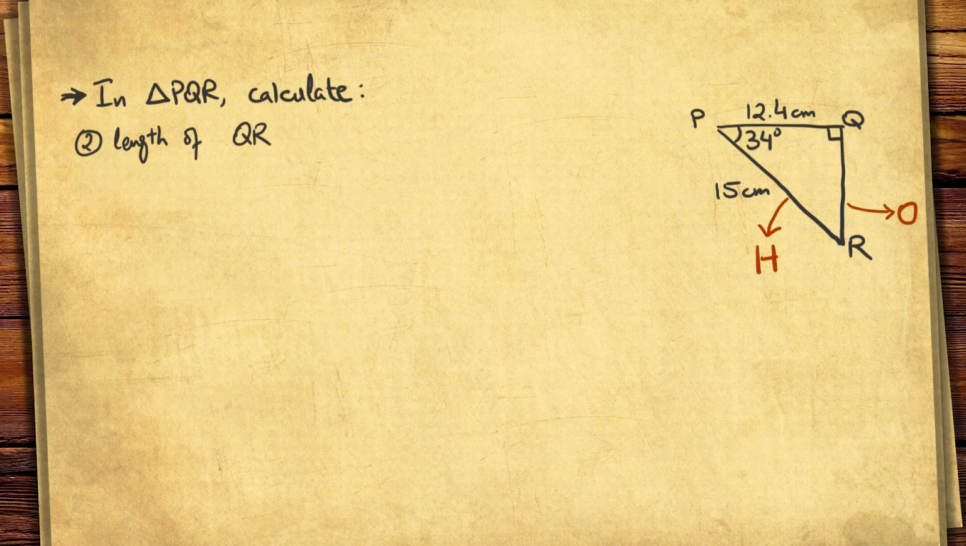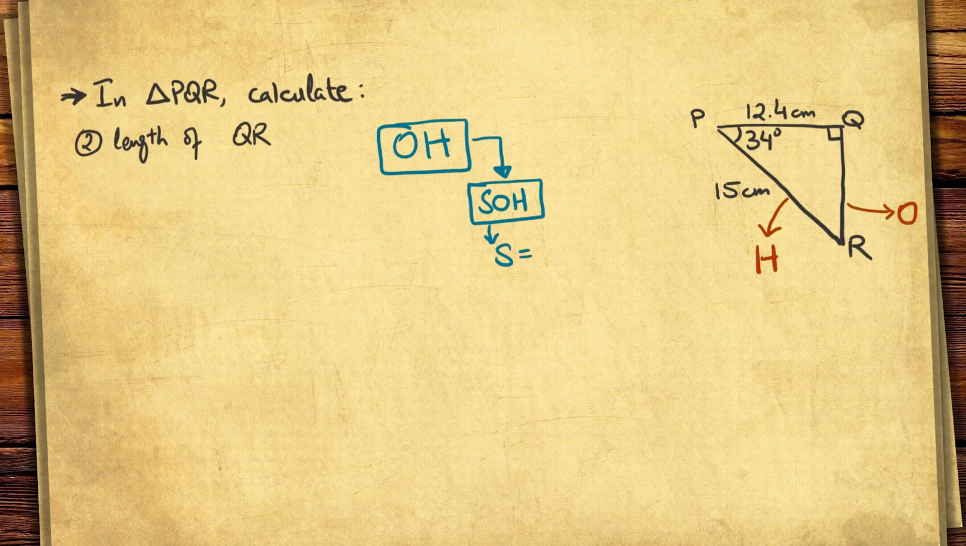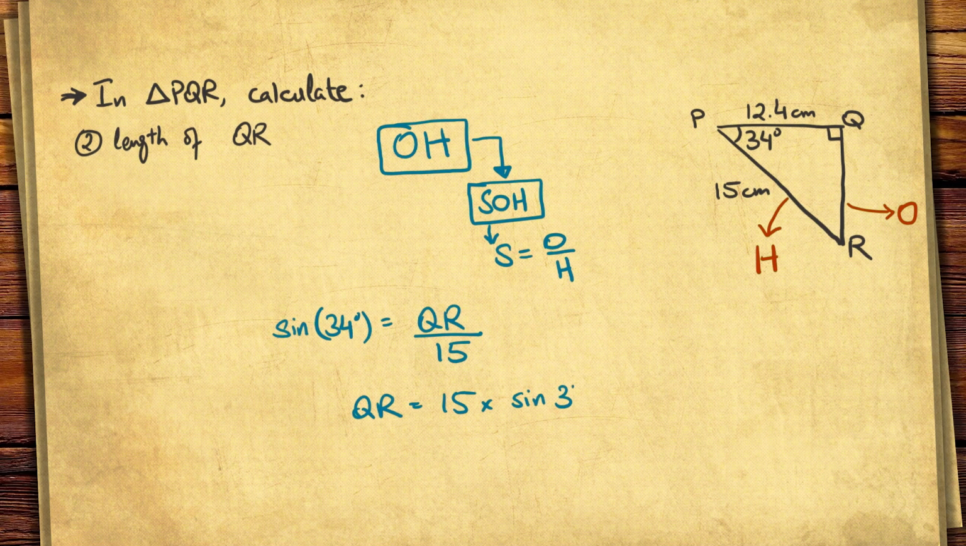We have to calculate the opposite O, and we have the value of the hypotenuse H. O and H. From SOHCAHTOA we see that O and H come together in sine. So we use S equals O divided by H. That means sine of angle 34 degrees is equal to the opposite, that is the side QR, divided by hypotenuse, that is 15 centimeters. Rearranging will give us QR is equal to 15 multiplied by sine 34 degrees, that is